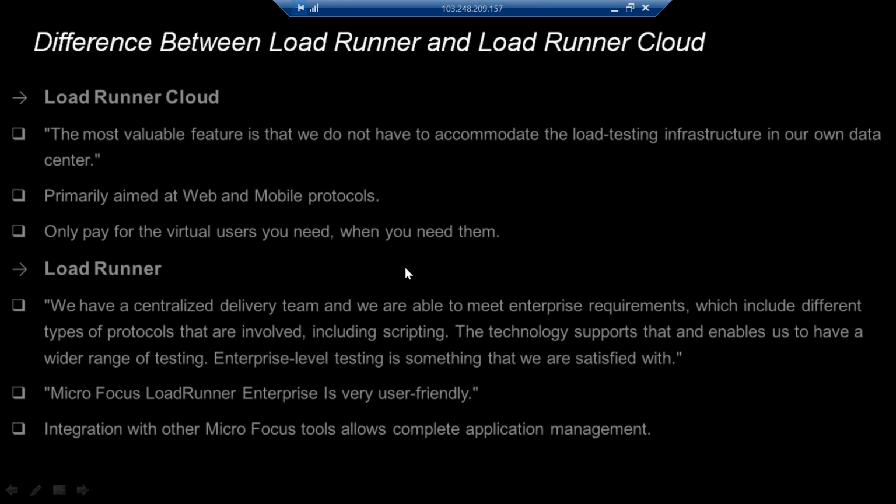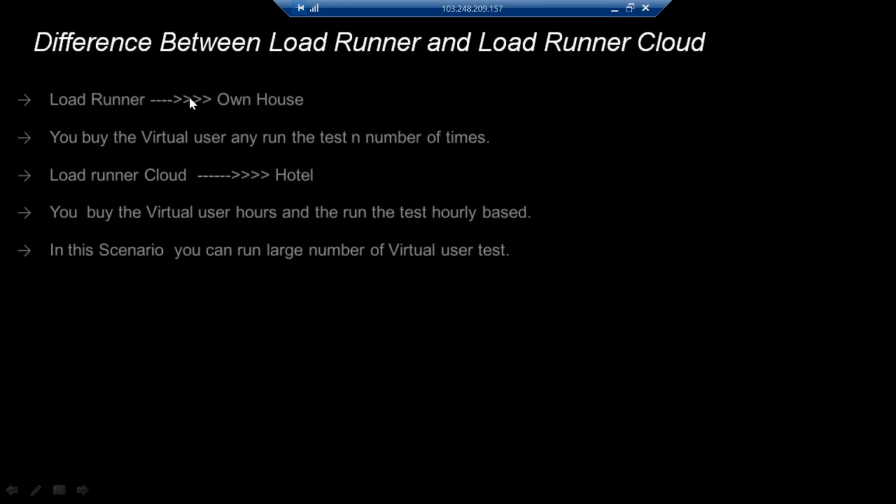Let me explain in a simpler way. In Loadrunner, we buy the virtual users for a lifetime. It's like our own house. Once we have bought the virtual users, they can be used as many times as you want. Any time you want to run the test, you can run it.